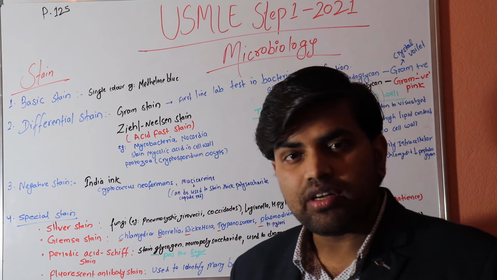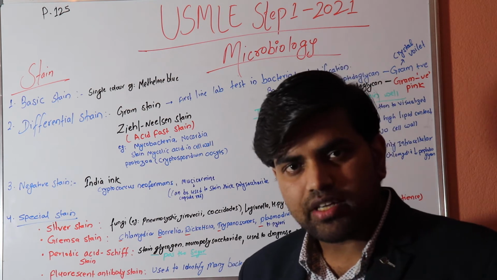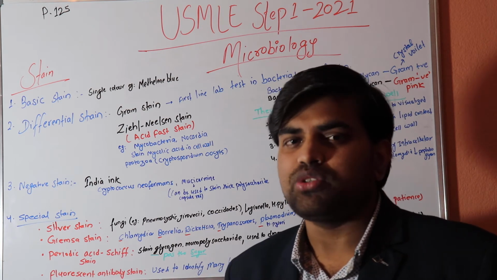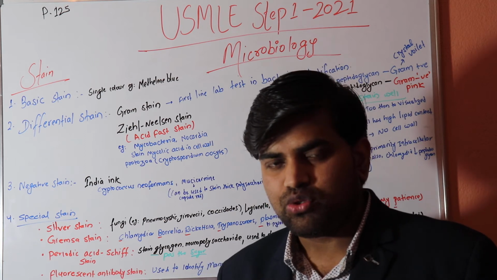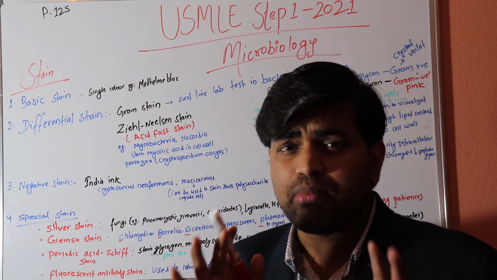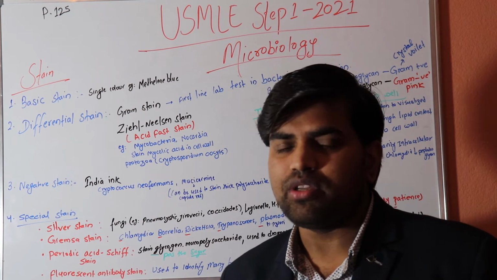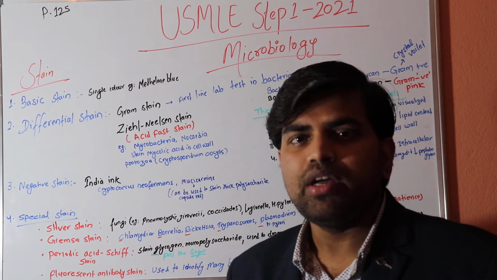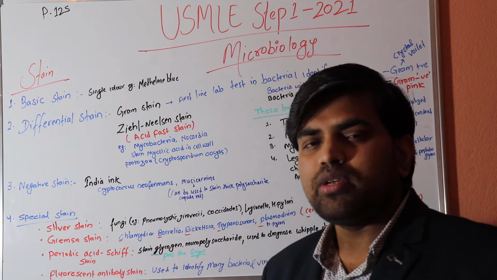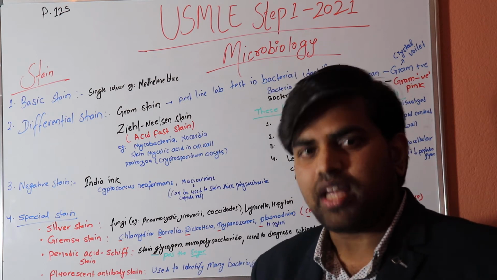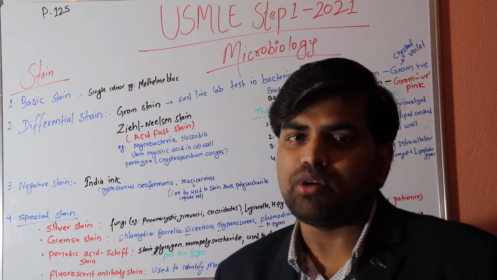Those with the crystal violet color are known as the gram positive organisms, those with the pink color are known as the gram negative organisms. You have to understand, gram stain is one of the basic first steps. Any stain is a first step of the procedure. When you send anything into the lab, they usually make a smear and do a stain and try to differentiate the organism. That you have to understand.